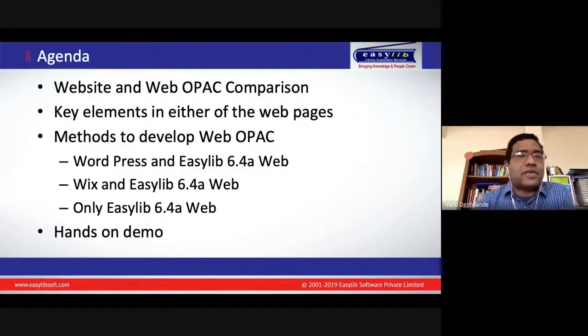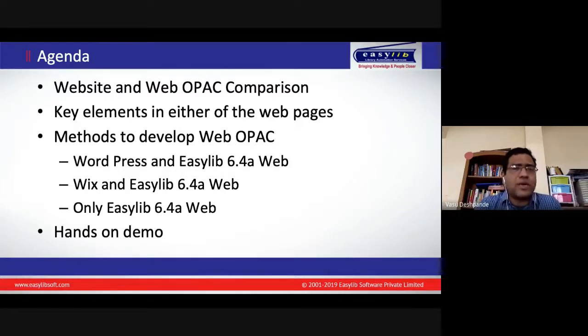The first thing we are going to cover is the difference between website and web OPAC. The second is the key elements that are supposed to be there in the website or the OPAC. Then we are going to see how to develop this website or web OPAC, both of them. So three options we'll cover, and then we'll have a hands-on demo on the Easylib 6.4 application,